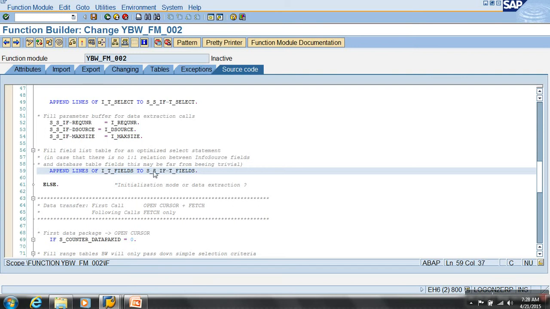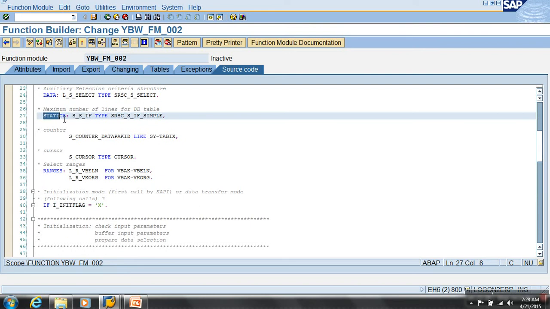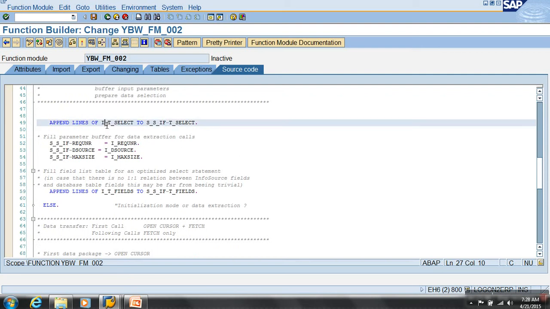See, it is declared as statics. When I say statics, it's like global variables, like a buffer. They get stored in the buffer, because local variables exist only when a function module is called. But if it goes back and comes again, I should still have those values. So I am storing them in the buffer. So that is what I am doing with initialization, just collecting the selection values into this variable.